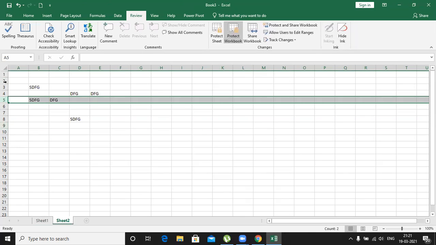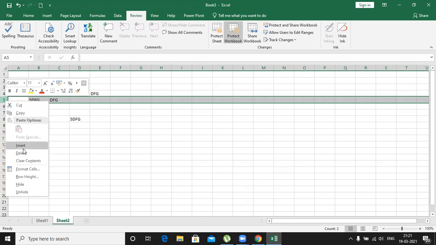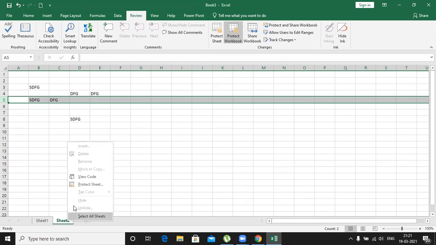But here insert and delete options are available, but those belonging to the sheet area are not available. Insert sheet, delete worksheet, renaming worksheet, and changing the tab color, all of that is not working for protect workbook.